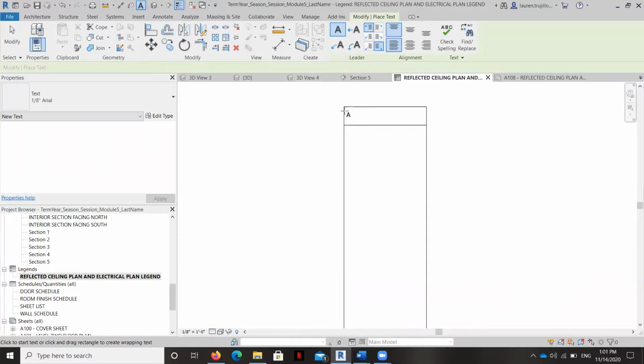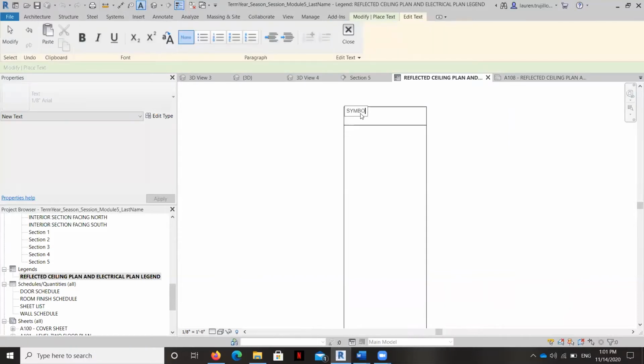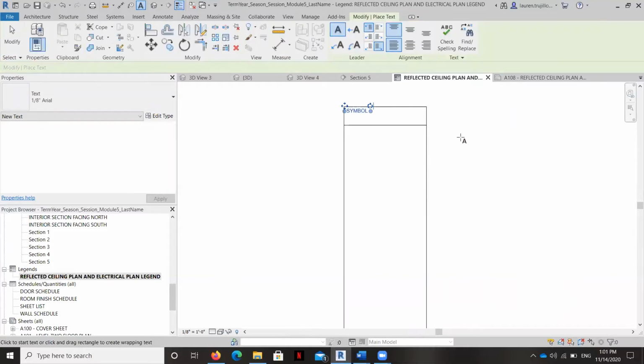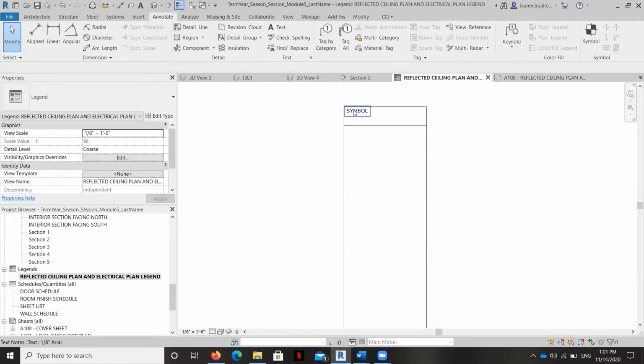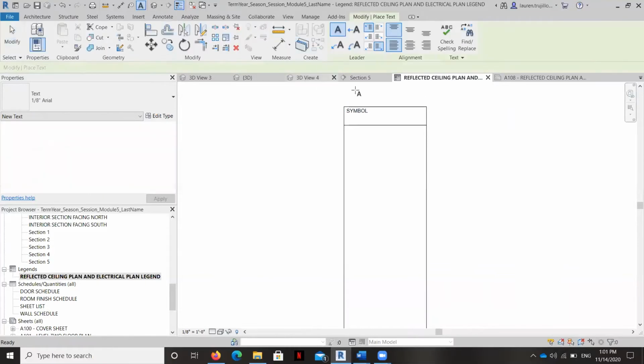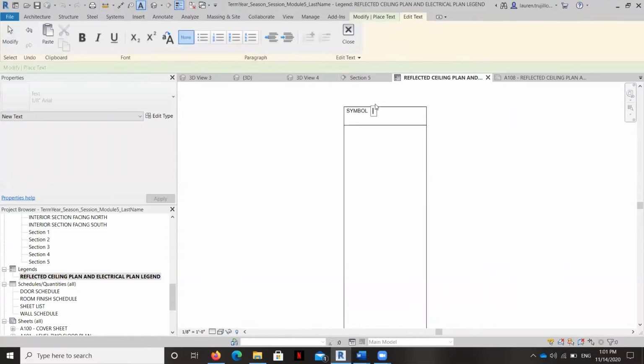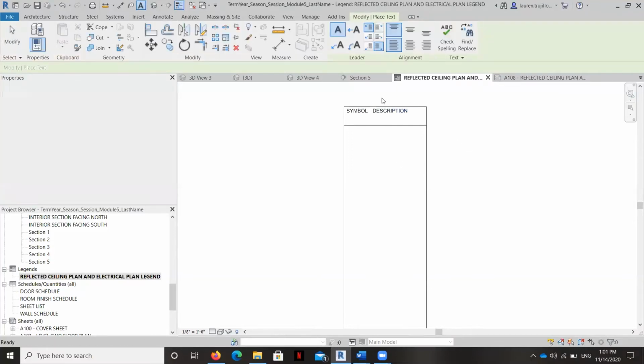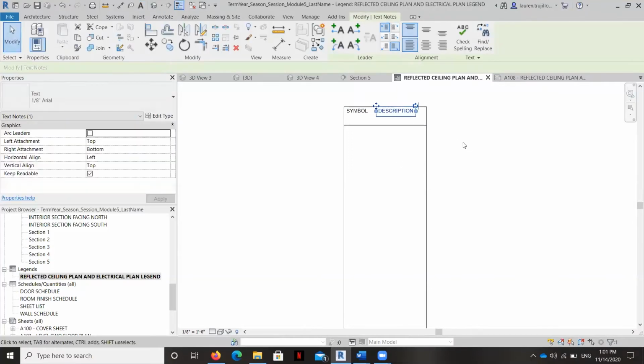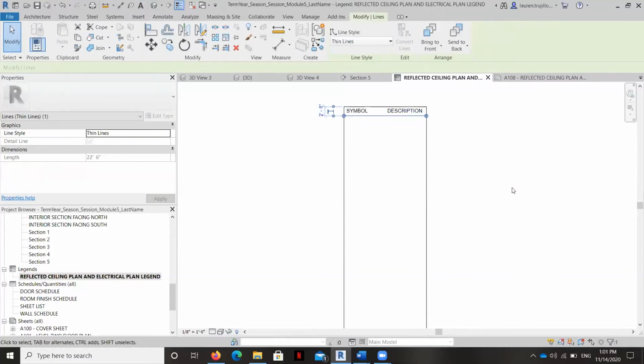Now it's 1/8 inch Arial, which is fine. We'll start with the label for symbol. And we will create another text box for description. And I'm going to move it over. Again, just being so conscious of the limitations of space. And I'll go ahead and copy this line.